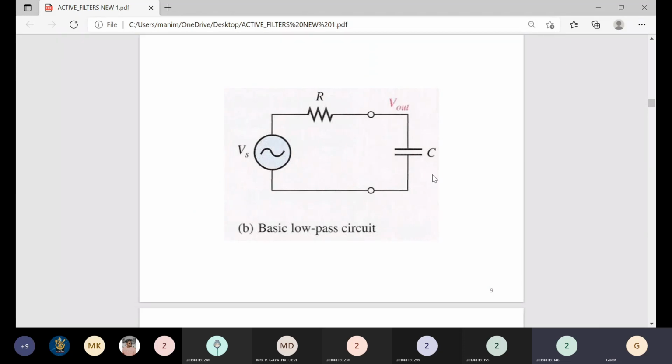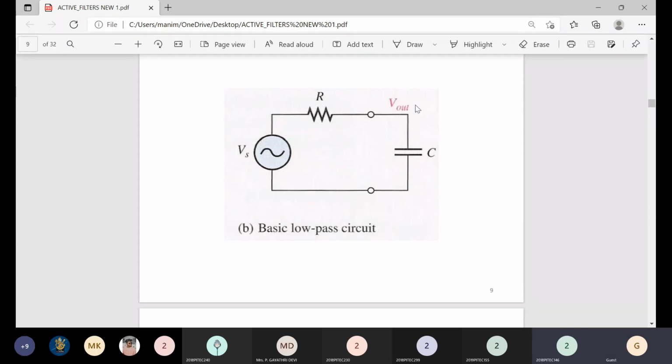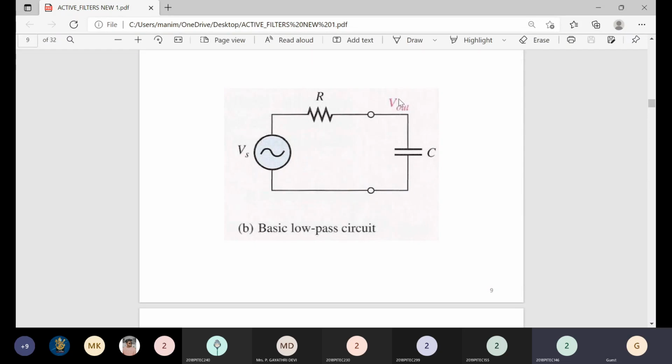Okay, so the main disadvantage of the passive filter, why we go for active filter, right? The disadvantage of the passive filter is that the amplitude of the output signal is less than the amplitude of the input signal. So the gain is never greater than unity here. We give the input, we get some output, so the output signal is less than the input signal. Note down this: the gain is never greater than unity.